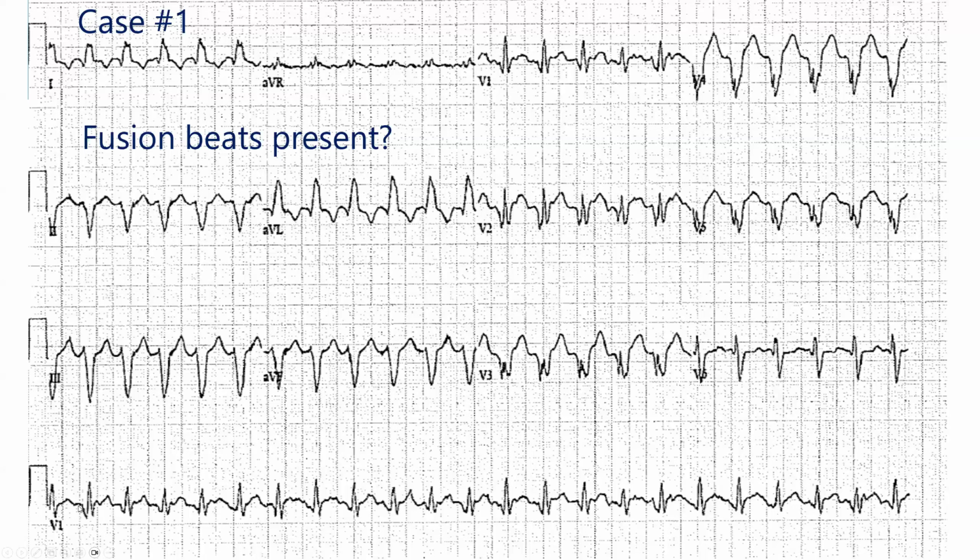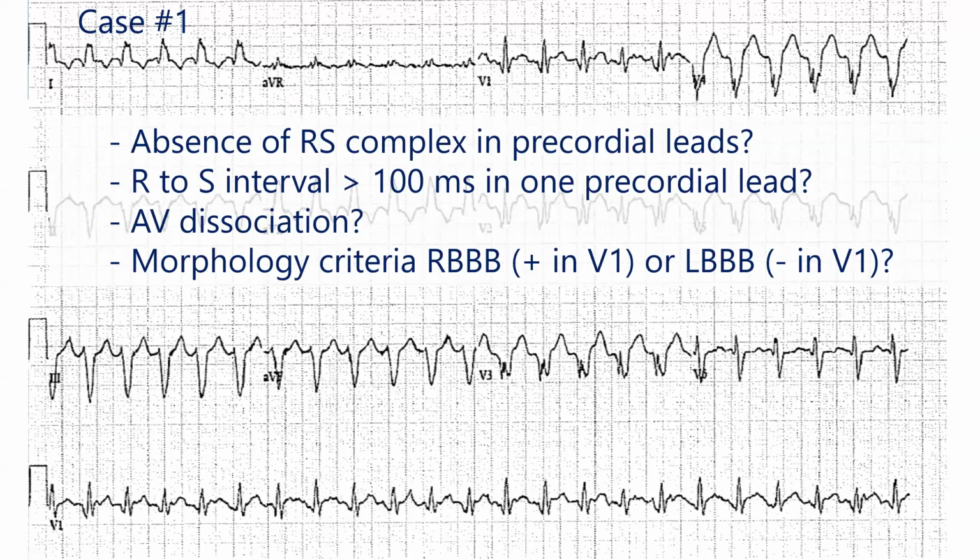Not really. Do we see any of those sudden changes in morphology that we saw in the last slide? We really don't. Yes, we see these gradual changes, but you see how the overall complex looks pretty much the same, right? You have a Q, you have an R, and you have an S here. And they're looking pretty much the same, even though the amplitude is a little bit different going across. And again, you see this smooth transition. So no fusion beats. So because we don't see any fusion beats, we don't really have any proof that this is ventricular tachycardia.